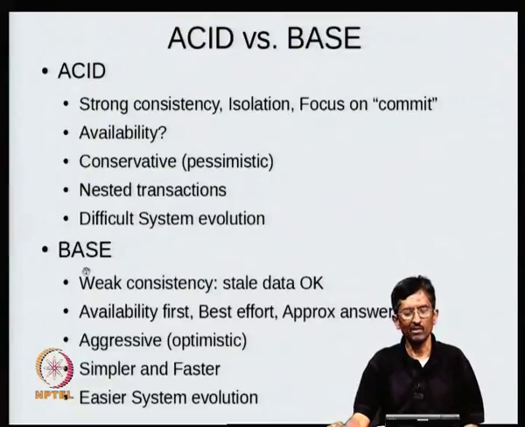So in the case of BASE, it's weak consistency; it's okay to provide stale data once in a while. It's not catastrophic. Or it may be that, for reasons of progress in the system, you don't mind certain parties not responding in time. You just proceed. So the most important thing is availability. Again, as I mentioned earlier, it is required for some critical systems which need to make progress. To make progress, you have to drop some issues, consistency being one of them. There is always best effort, and approximate answers are okay.